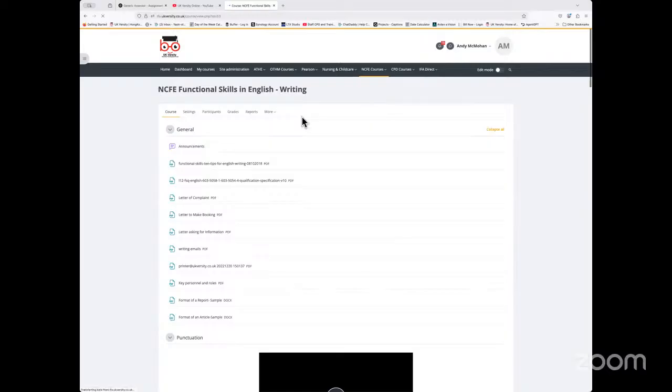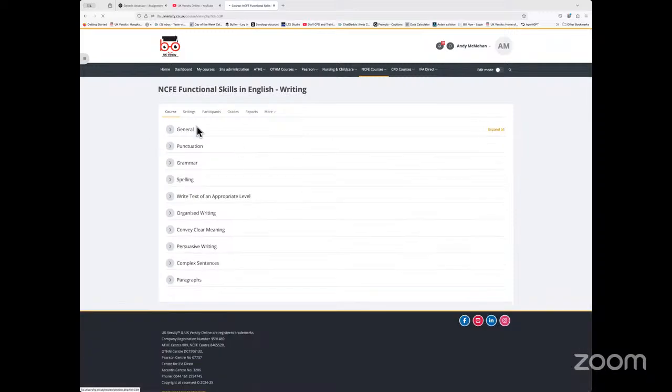When you click on that, you should be able to click on the first button on the right-hand side, which says collapse all. So when I collapse all, these are all the topics that are required to be covered in terms of writing. As I explained in the initial part, I'm going to do this activity live and then bring across relevant topics that we want to see and read when we are revising English writing as a subject area.